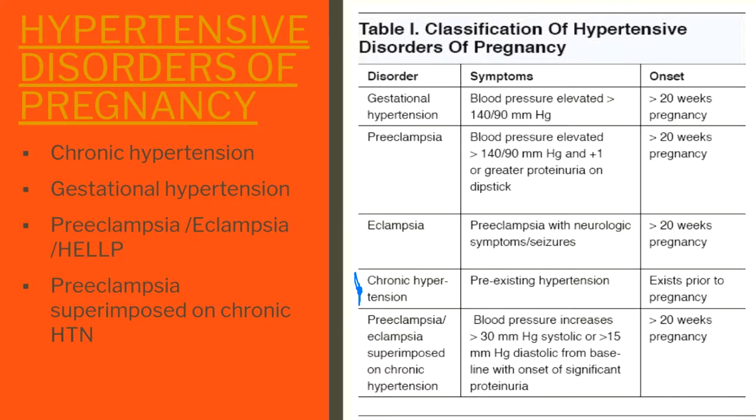And so what then is preeclampsia? Preeclampsia is elevated blood pressure with protein in your urine and or some other organ system that's being affected by what is essentially causing preeclampsia. We're going to talk about that in a second. But that also is diagnosed after 20 weeks of pregnancy.